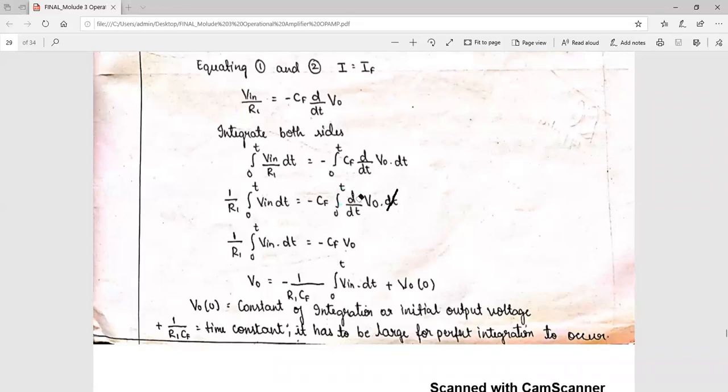When integration and differentiation cancel out each other, we'll be just left with minus CF into V0 on the right hand side. So when I shift minus CF here, I will get the output voltage, which is equivalent to minus 1 by R1 CF integration 0 to t V in dt plus V0 of 0, where this V